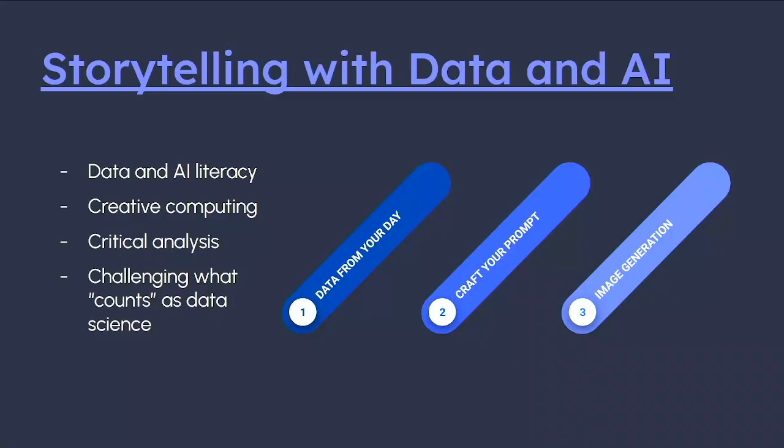So as an English teacher, someone that's invested in stories and the power of literature, I was really interested to see how we can use data science as a way to help foster storytelling with students. And so in collaboration with an AI artist, I designed this course, and it was really reliant upon data and AI literacy, creative computing, and taking students' personal, small, messy data, turning that into a prompt that they could give to an AI generator, and then creating an image output. And then they would compare their lived experience to that which AI would render.